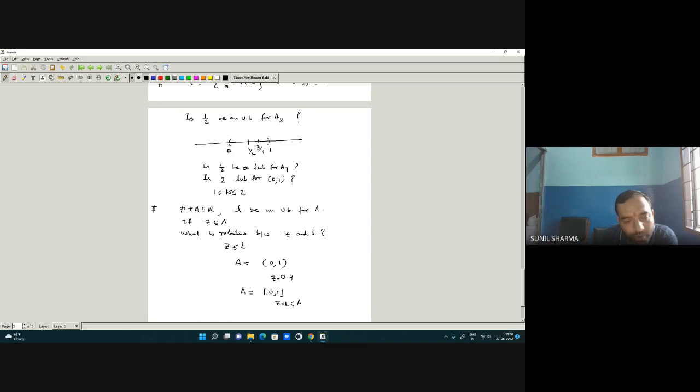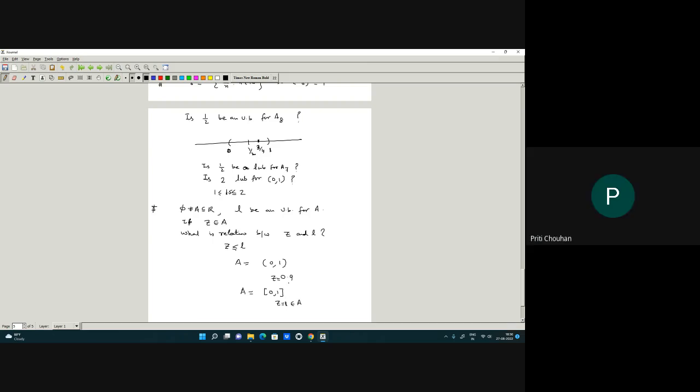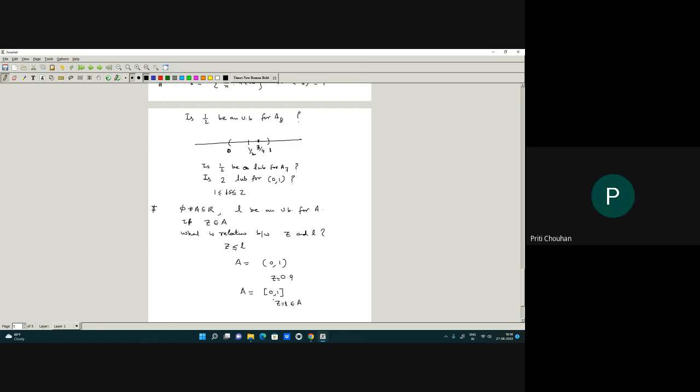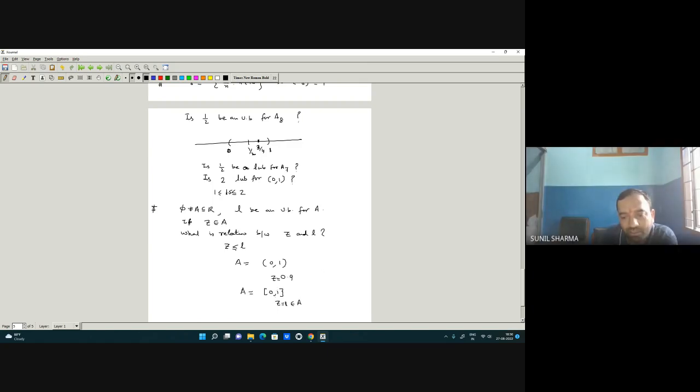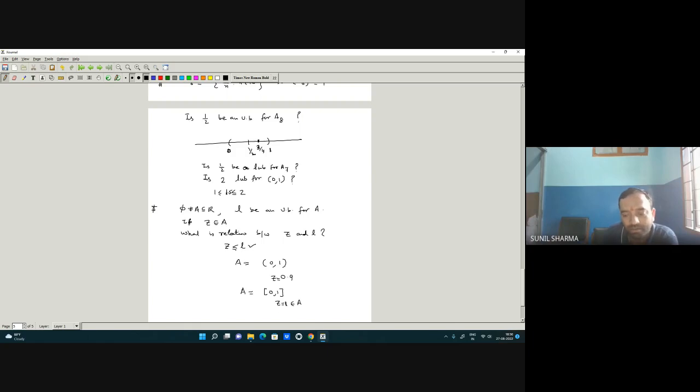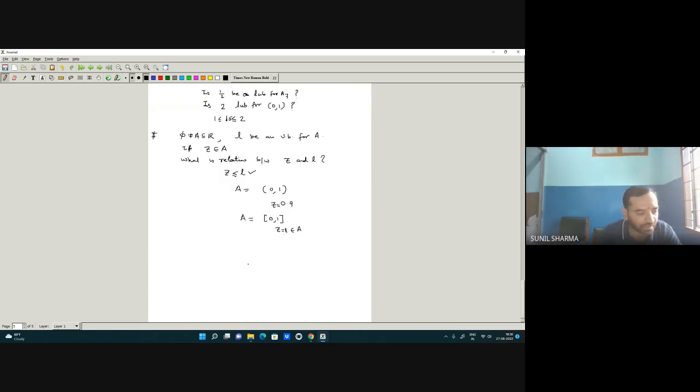Is 1 belongs to A? Yes, Preeti? Yes, sir. Is 1 belongs to A? Yes, sir. So now tell me, what is the relation between L and Z? So Z is less than or equal to L. Okay. So the next question is,